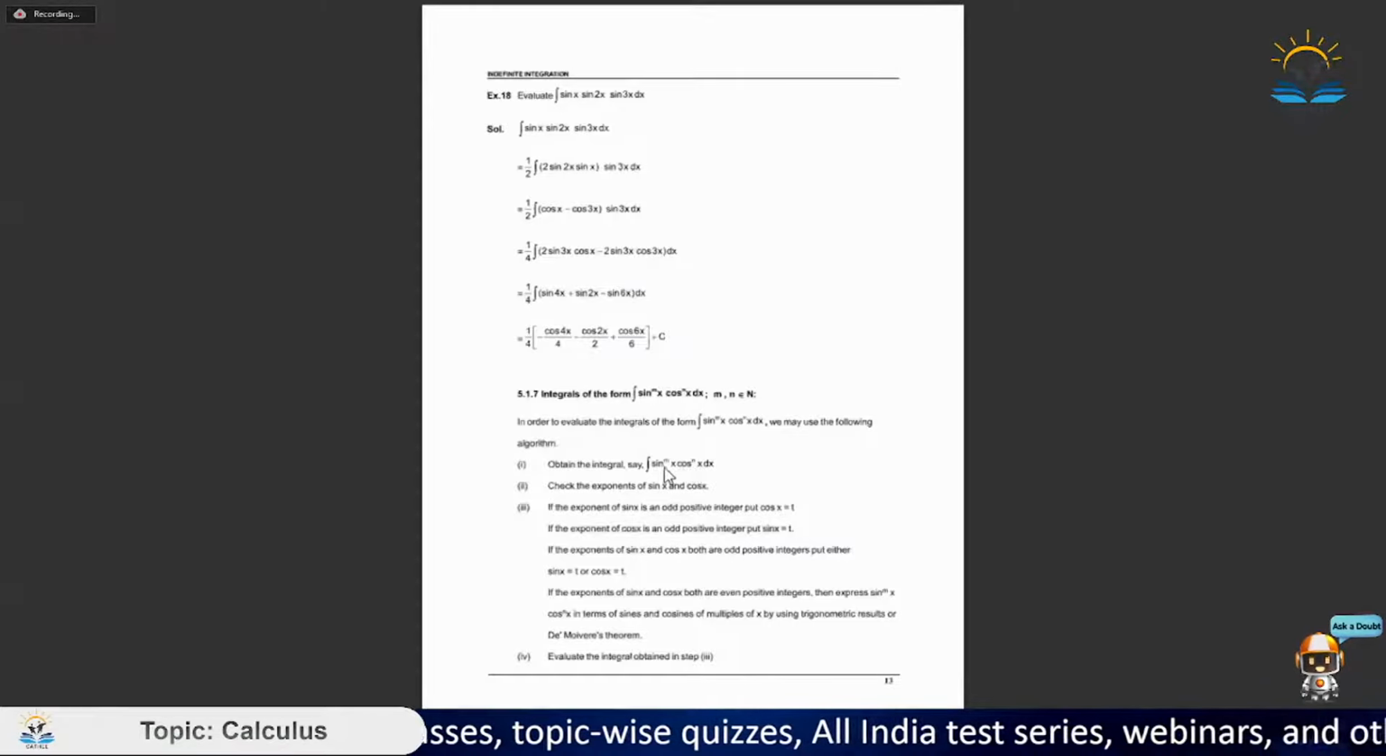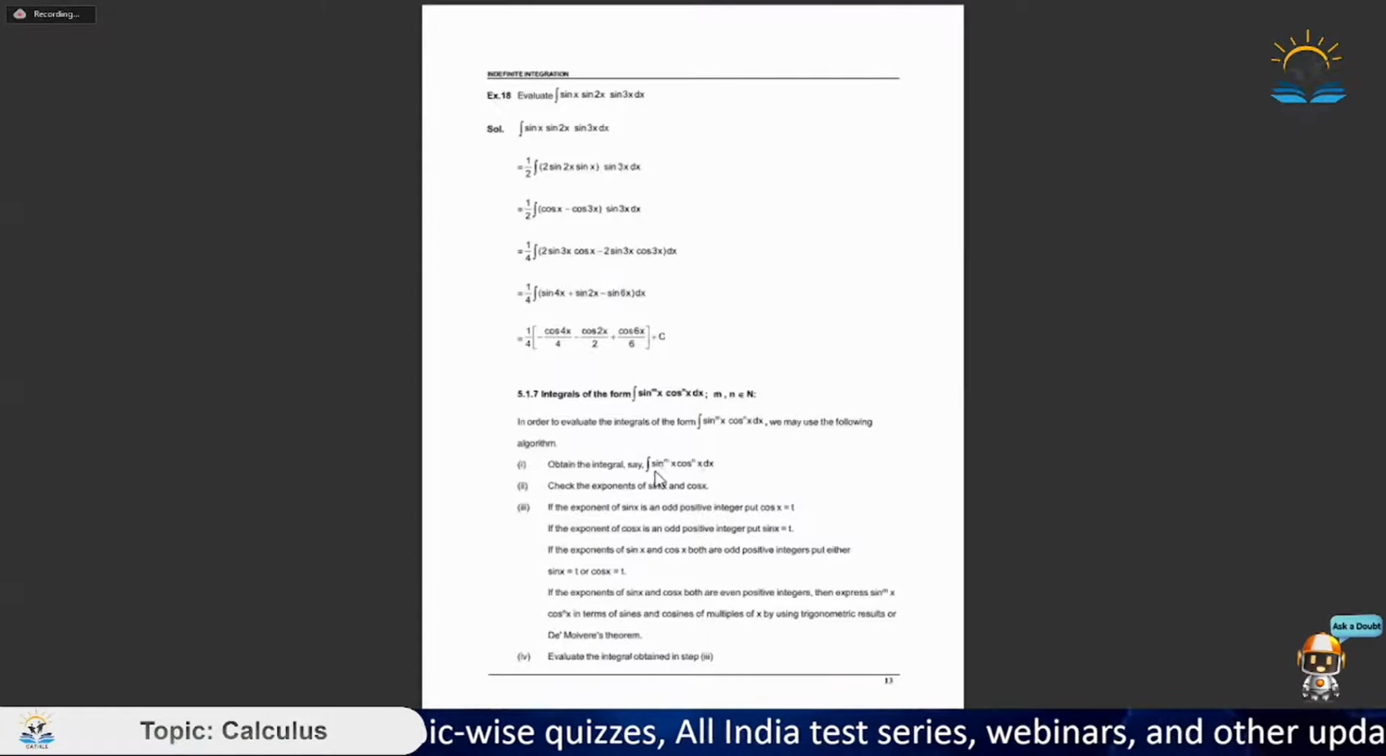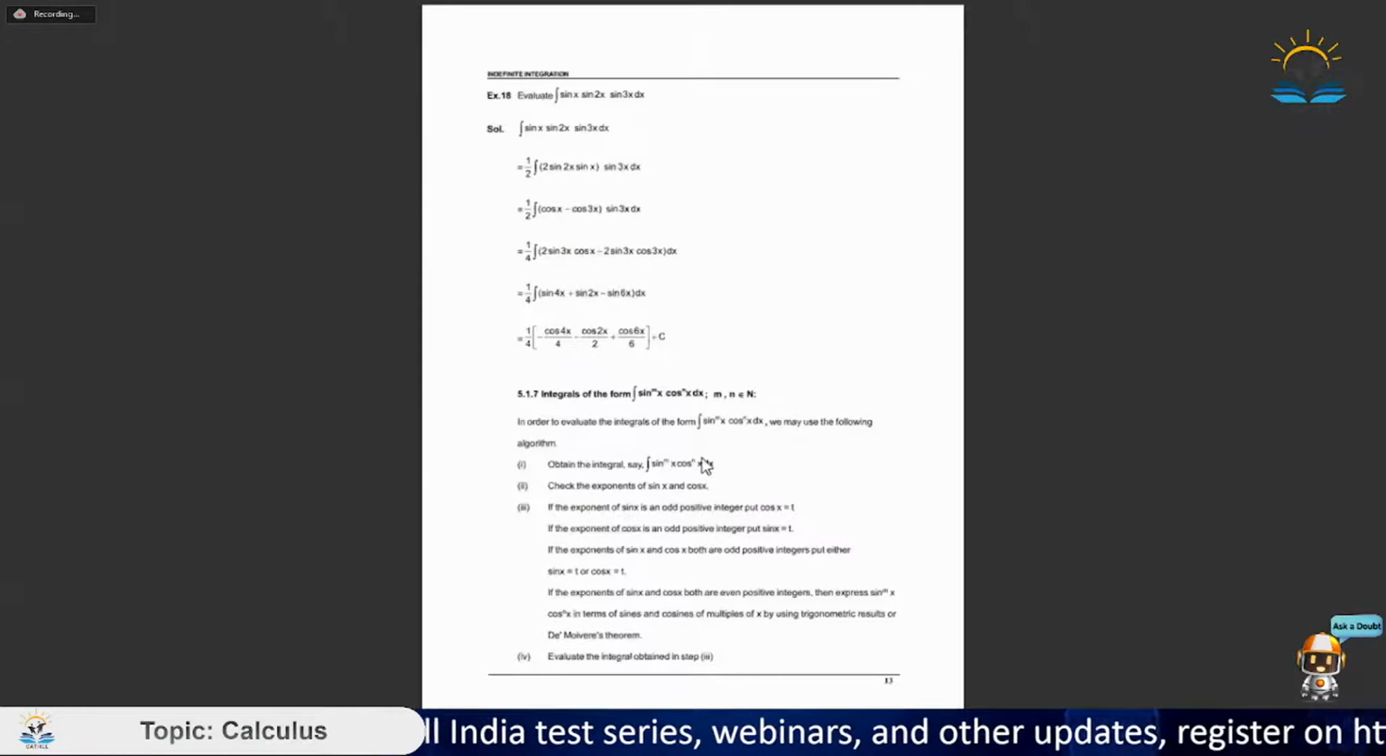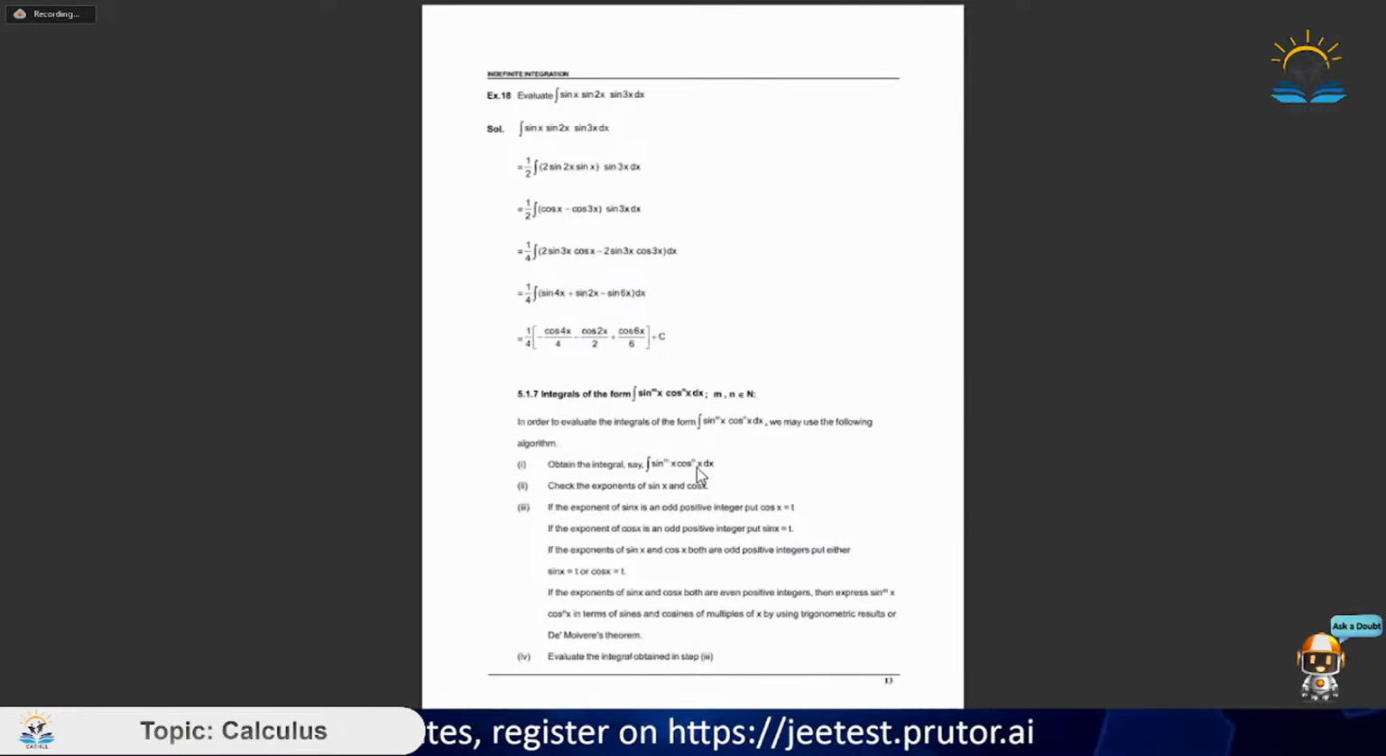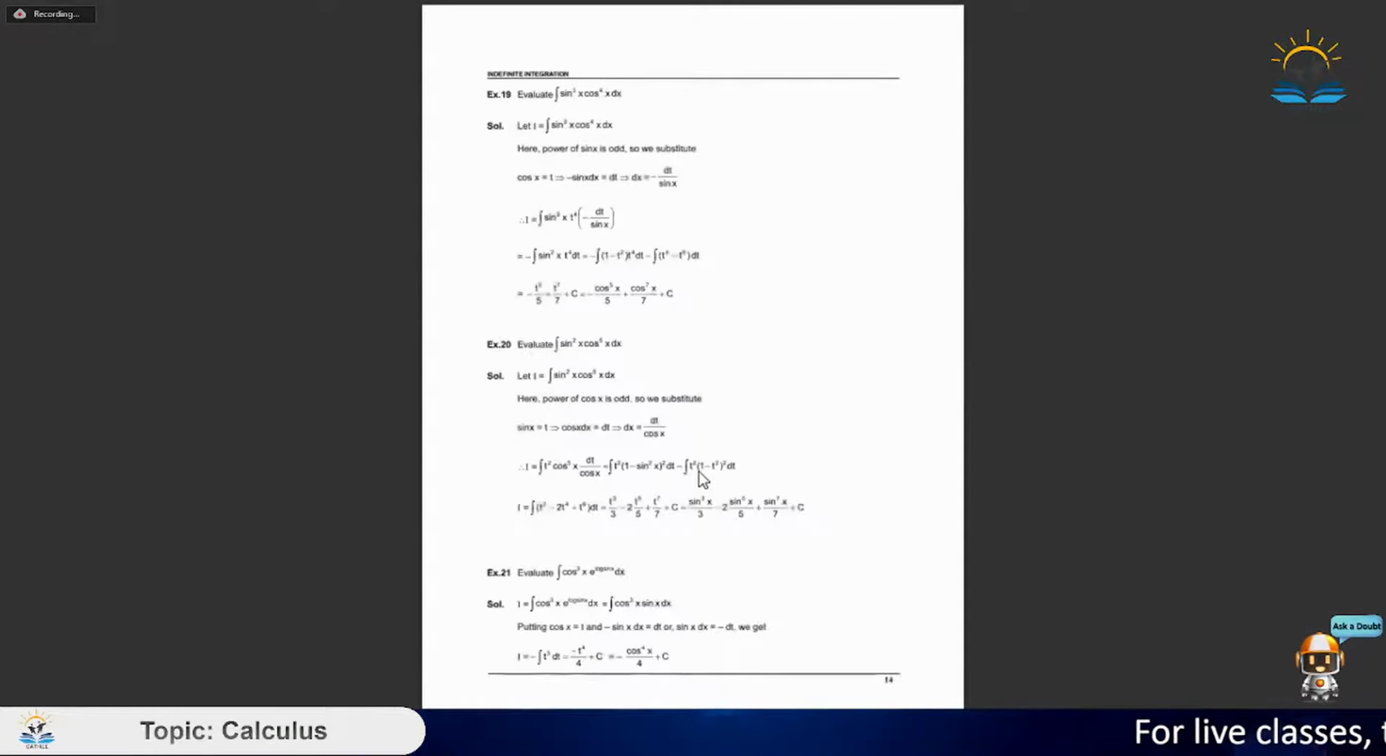Suppose here n was odd, so we would put sin x equal to t. We will get dt equal to cos x dx. We will take one cos x out from here and substitute it by dt, and the leftover cos x can be converted into the form of (1 minus sin square x) to the power (n minus 1)/2. And further, sin square x can be written as t square, so it becomes (1 minus t square). This seems a little bit complex when you hear it,